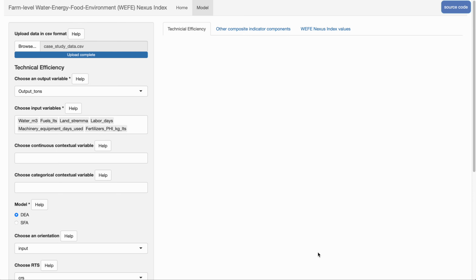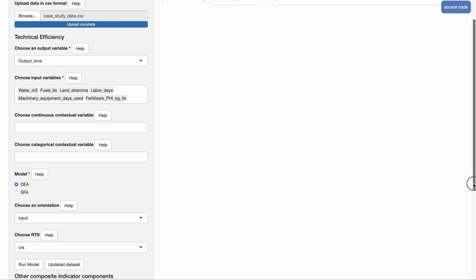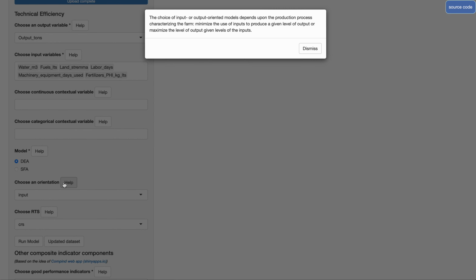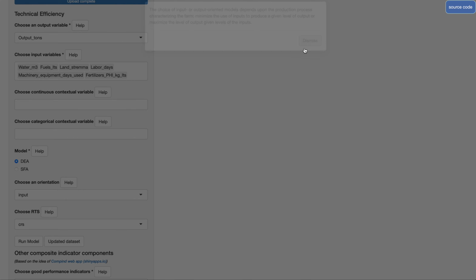So we will estimate technical efficiency using the non-parametric approach, and here we need to specify the orientation of our model and returns to scale. Again, in the help tab we briefly provide the difference between input and output oriented models. In our case, we want to minimize the use of inputs to produce a given level of output,